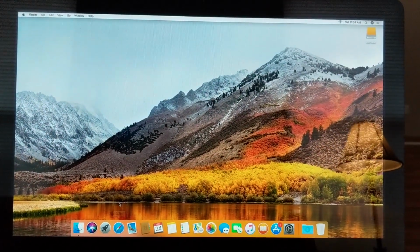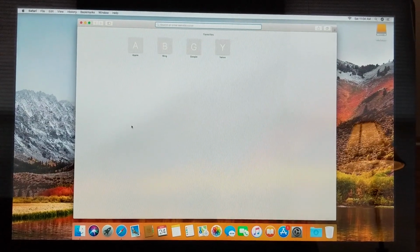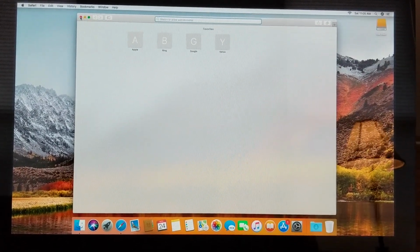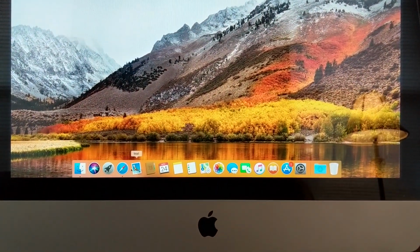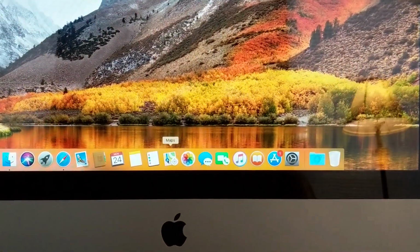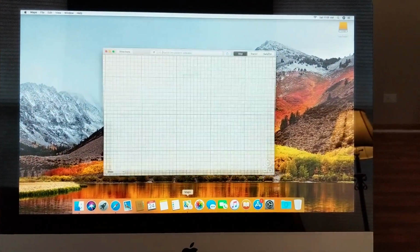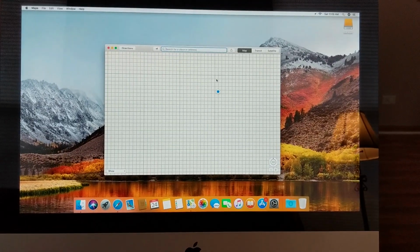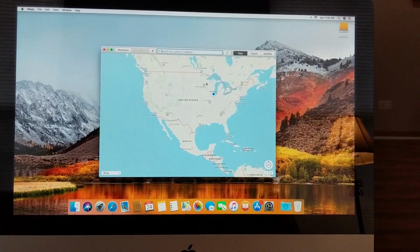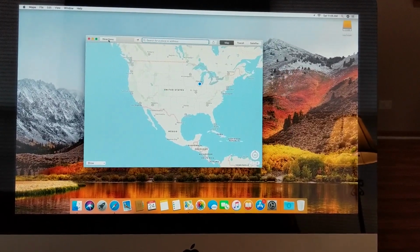I'm going to open up a few different things like Safari. You click on it, it's open in 2 seconds, 1 second. Before it would take 5 or 10 seconds on a spinning drive. I can go into any type of program that I want to. Let's say Maps, you click on it and it's going to be opened within a second as well. So basically the SSD drive is going to be a world of difference, and you're going to notice it right away. And as I go through a few more tests here just to show you the difference in speed,